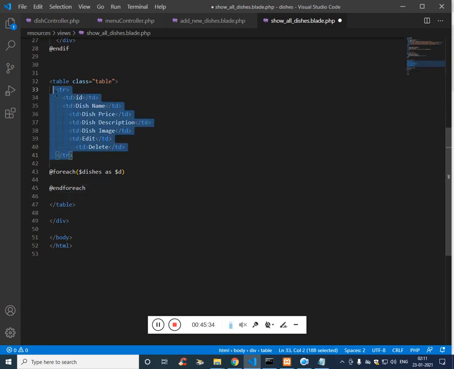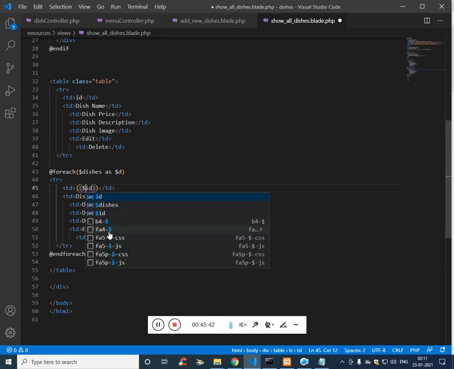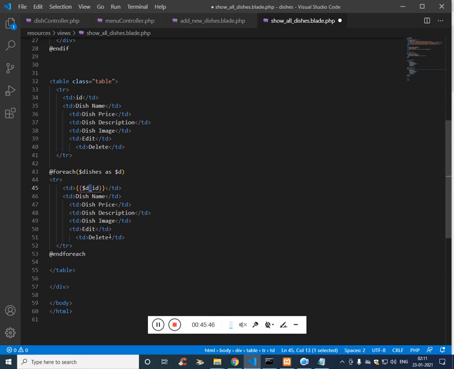Just iterate these values, and here we have to use the PHP literal and $d with id. The same way, likewise, dish name, price, description, image.